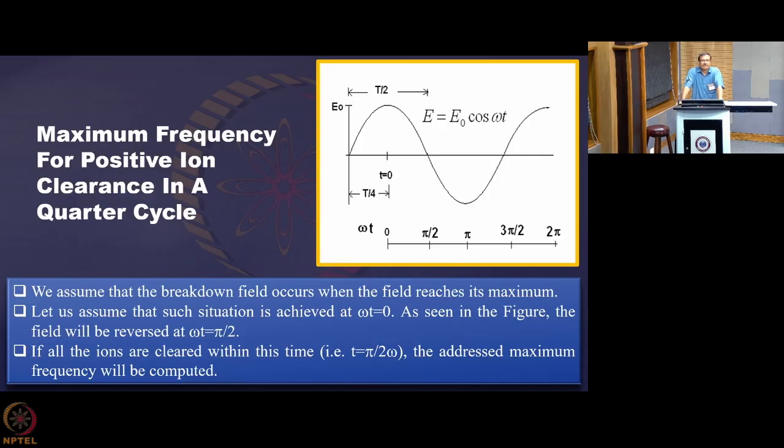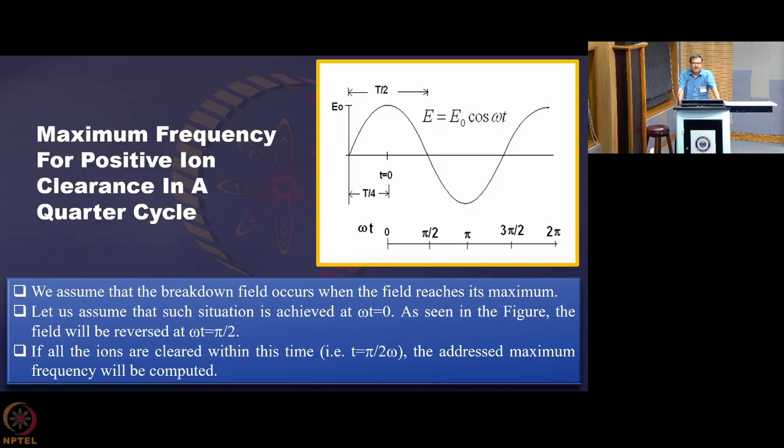So as I told you, we have this electric field equal to E0 cos omega t, and at t equal to 0 it is maximum. So we assume that the breakdown happens when t equal to 0. Okay. Now, once the breakdown has happened, as I told you, the electrons get very quickly collected. Now, what is happening, after the electrons are collected, the ions are moving towards the negative polarity electrode. So, they are moving and moving and moving.